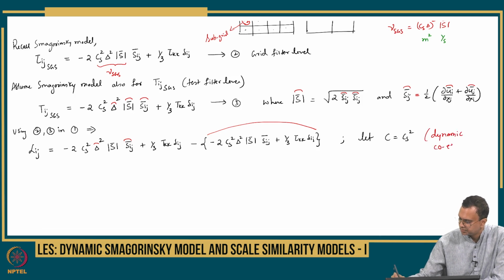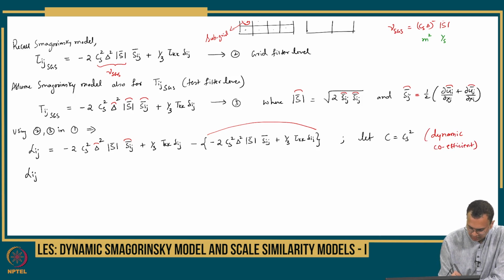So I can rearrange it, Lij minus 1/3 Tkk delta ij, and then this is minus of minus, so this is minus but it becomes plus on this side, so I get plus 1/3 tau kk